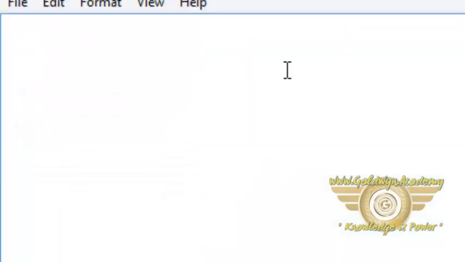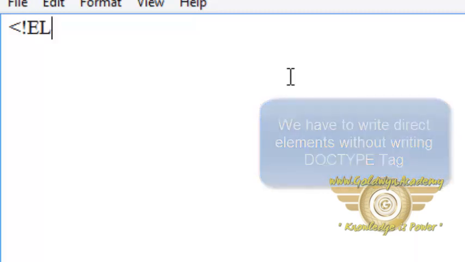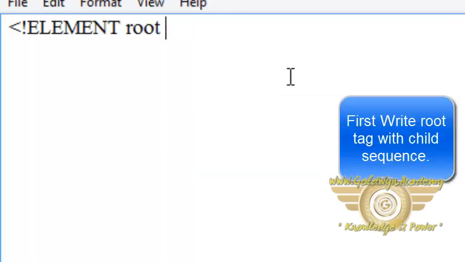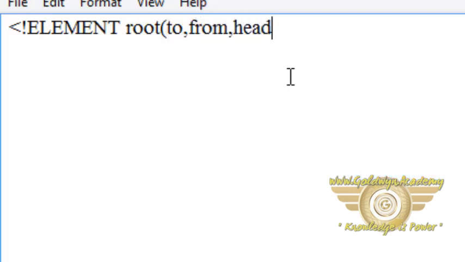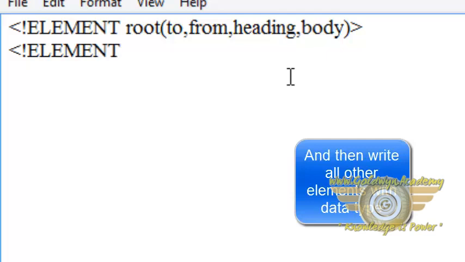So, we have opened a new notepad file and write directly various elements without writing doc type tag. So I am writing element root and sequence of to, from, heading and body child. Complete the element and then I am writing our second element or a first child element which is a to